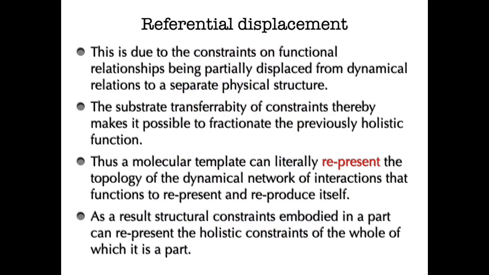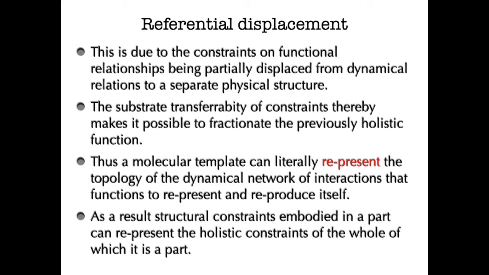The result is what I will call referential displacement. This is due to the constraints on functional relationships being partially displaced from dynamical relations to a separate physical structure. The substrate transferability of constraints thereby makes it possible to fractionate the previously holistic function of the autogen. Thus, a molecular template can literally represent the topology of the dynamical network of interactions that functions to represent and